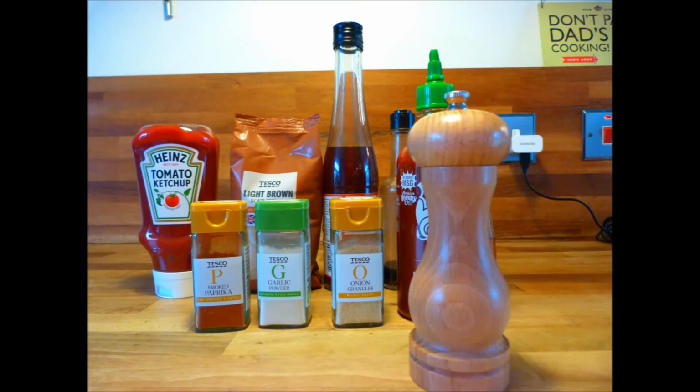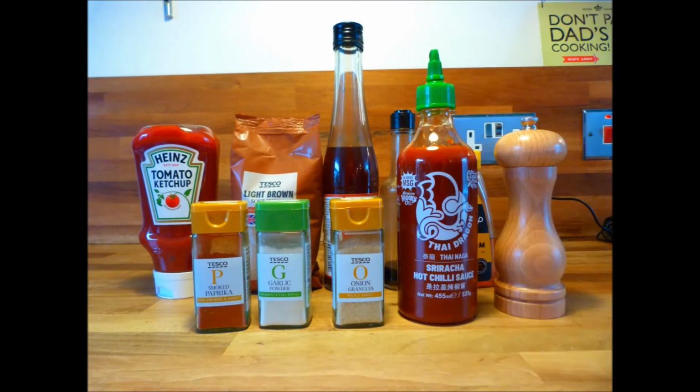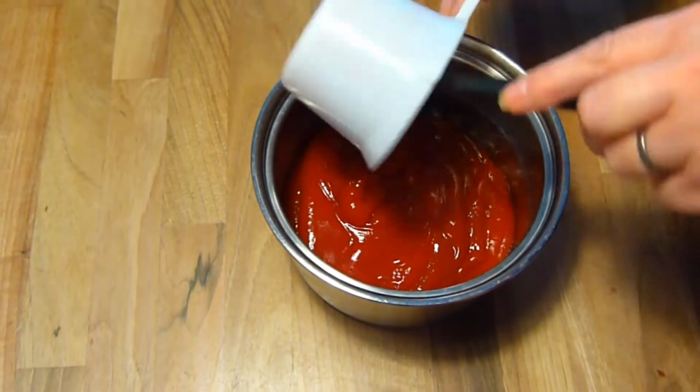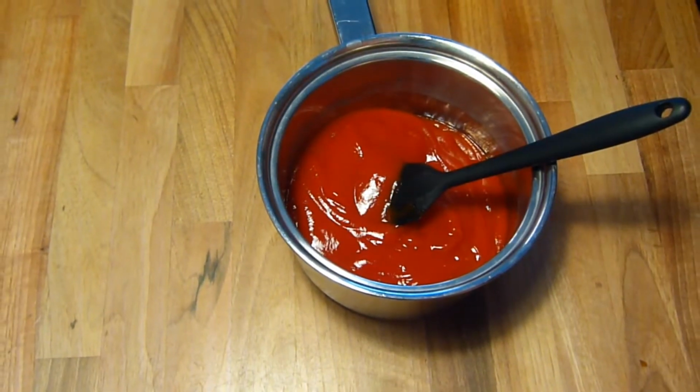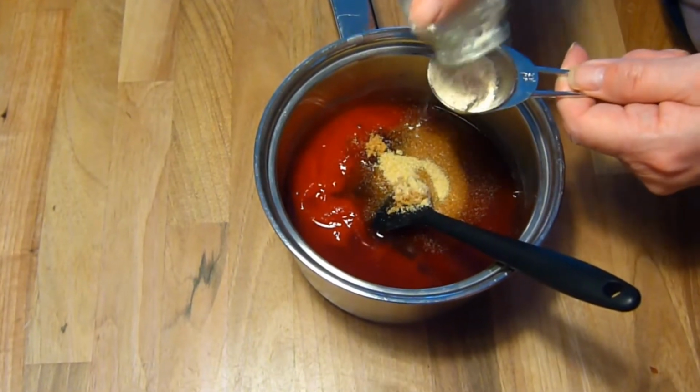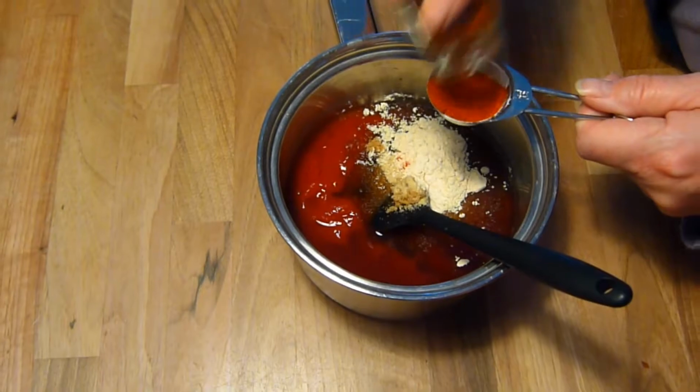And lastly, half a teaspoon of cracked black pepper. And to make the sauce, simply put all the ingredients in a suitably sized saucepan, bring up to a simmer and allow it to cook for 10 minutes. And when the 10 minutes are up, remove from the heat, allow it to cool, and that's one batch of